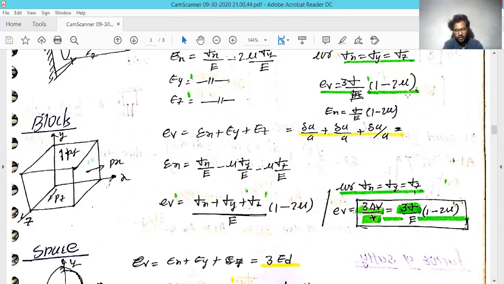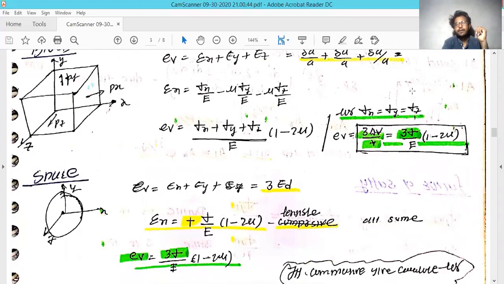Our third cross section. Now we move to the fourth cross section, which is nothing but the sphere. And we know that for the sphere, if you apply the force in any direction, the diameter of that cross section is getting reduced in all forms. If it is tensile forces, then the diameter of that section is getting increased, and if it is compressive forces, the diameter of that sphere is getting reduced.